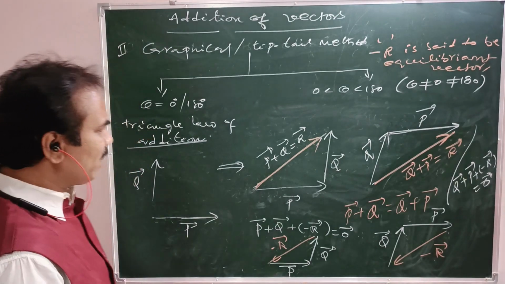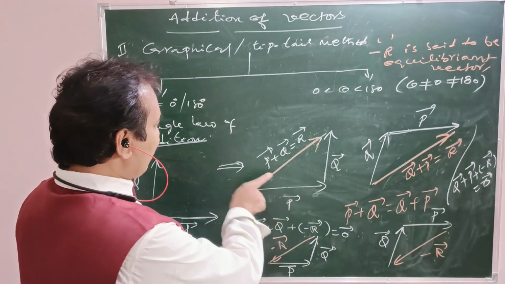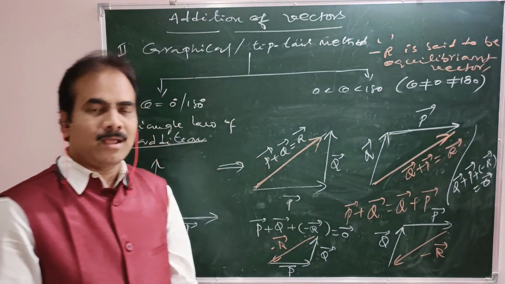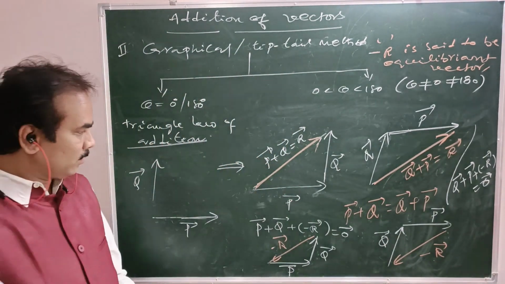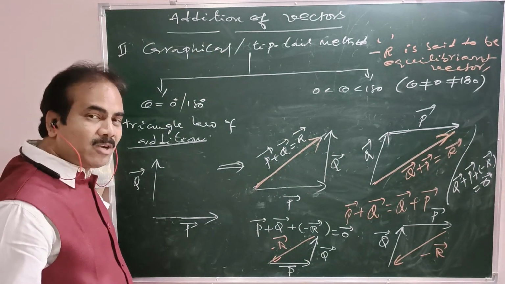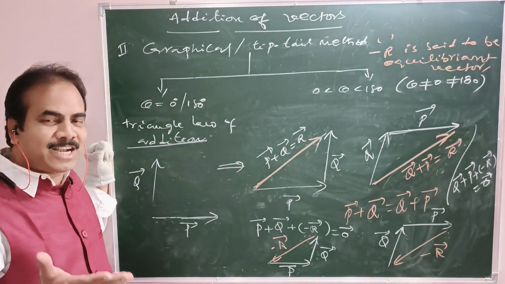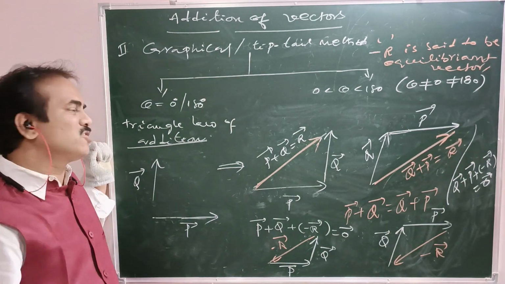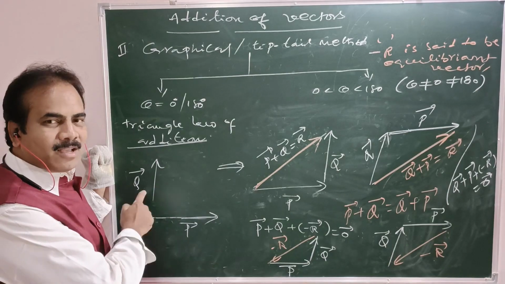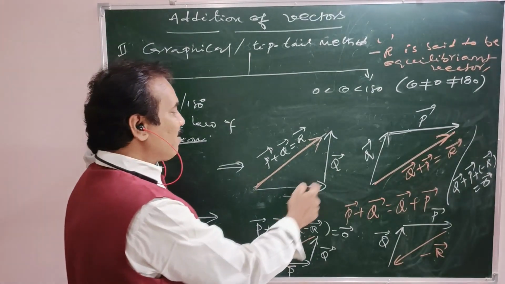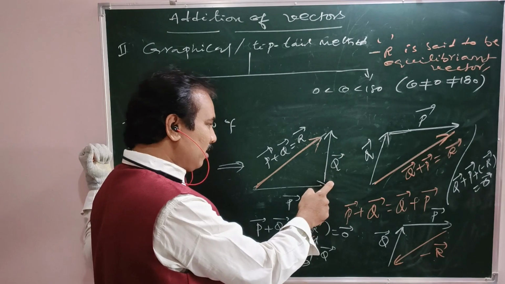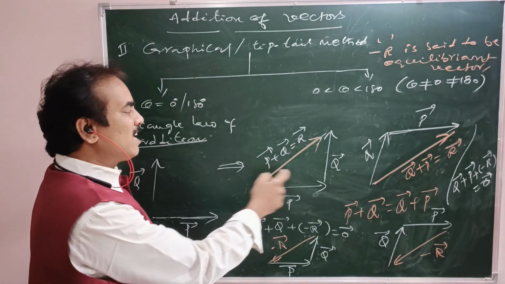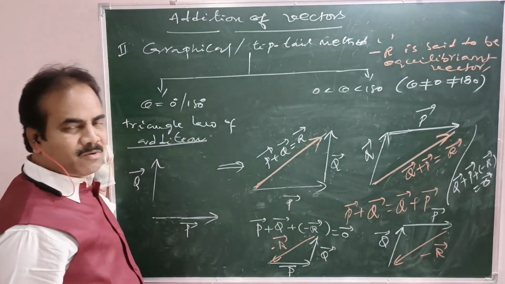Okay, equilibrium vector. So once again here, P bar plus Q bar equal R bar. Here also Q bar plus P bar equal R bar, means addition obeys commutative law, right? Commutative law. Now coming to statement of triangle of addition. What is the statement? We can state in 2 ways. As far as first statement is concerned, if two non-zero vectors are taken as the adjacent sides of a triangle in order, then the closing side of the triangle taken in the reverse order is the resultant of those two vectors, both in magnitude and direction.